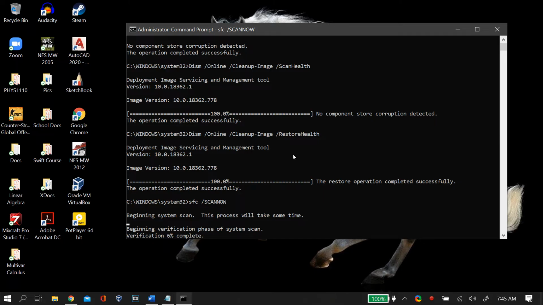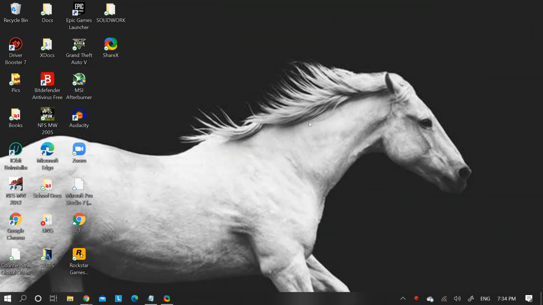So what these commands do is check for any corrupted, uninstalled, or deleted files in your Windows folders, and then automatically install or fix them. So you can try these commands on various problems that you might encounter on your Windows, and these might help you a lot. After all of these commands run, just restart your PC and check whether that fixes your problem. If this has still not fixed your problem, then you don't have to worry, we still have a few